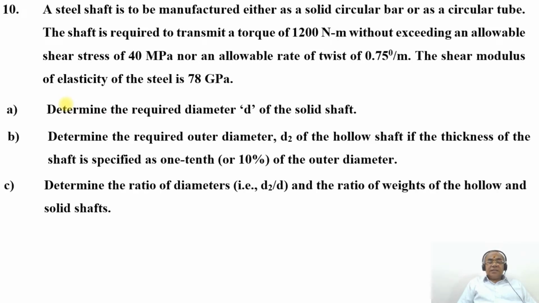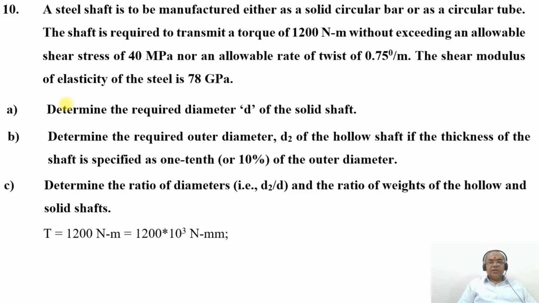And C, determine the ratio of diameters, that is D2 by D, and the ratio of weights of the hollow and the solid shafts. So the data given is the torque, which is 1200 Newton meter, which will be equal